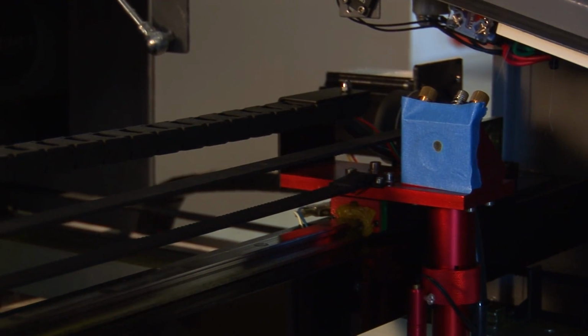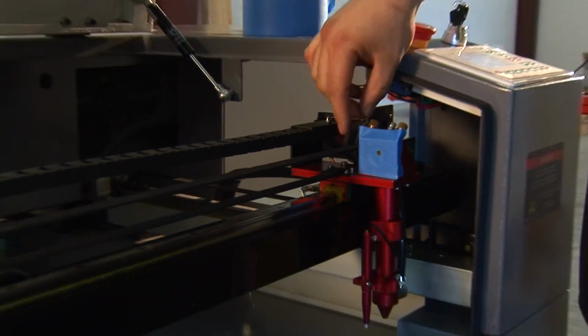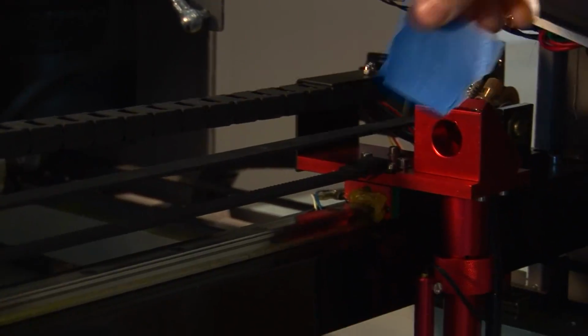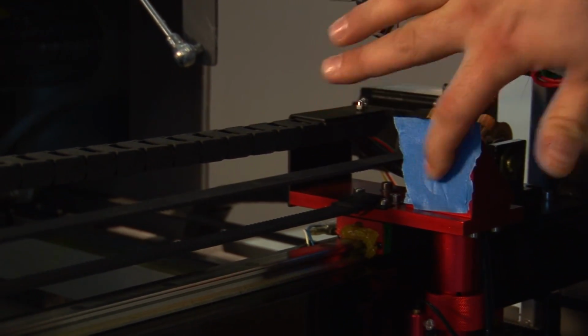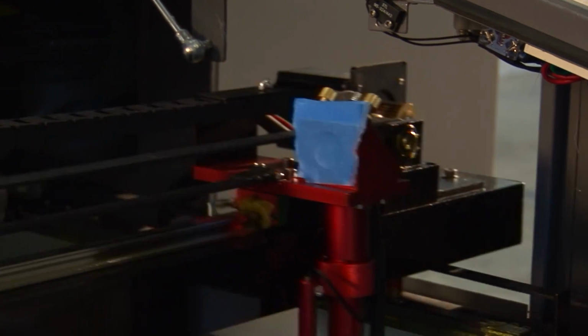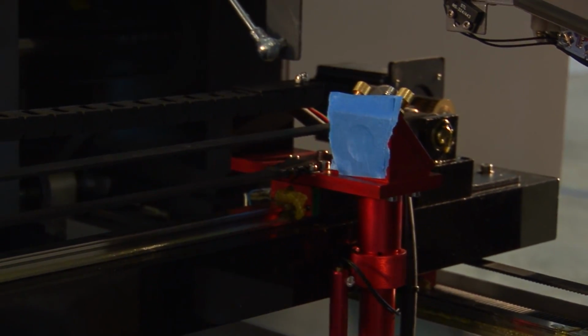That means our 1 to 2 on our y-axis is perfectly aligned. Now to check mirror 2 to 3, put our tape back over the hole, make sure there's an indent on it, move the head all the way to the left-hand side,